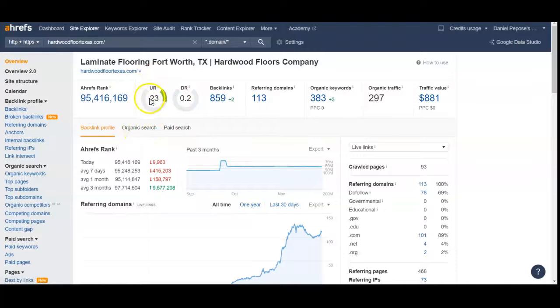So two most important things, your UR rating and your DR rating. So your UR rating is the strength rating of your website, how strong your website is, which is a 23, which isn't bad. Google is looking for a 30 or a 40, between that realm for both. And your DR rating is the trust that Google places in your website, which is only a 0.2, not very strong, but